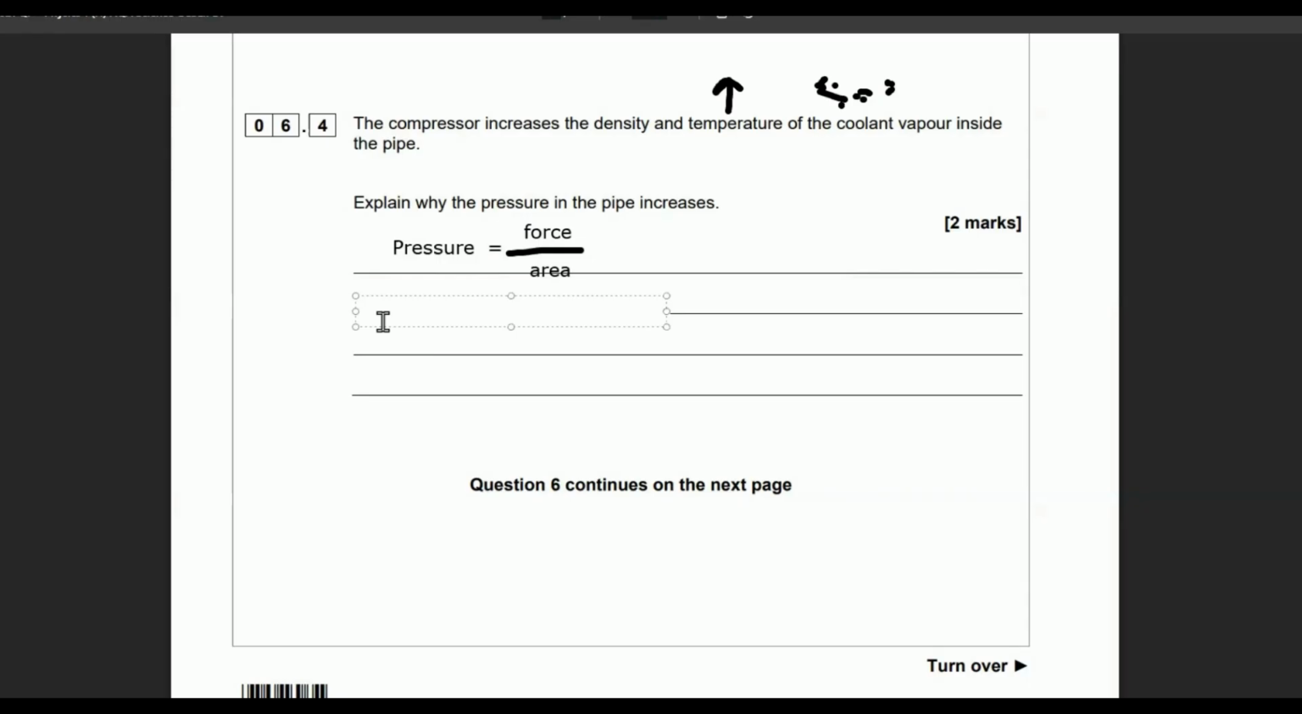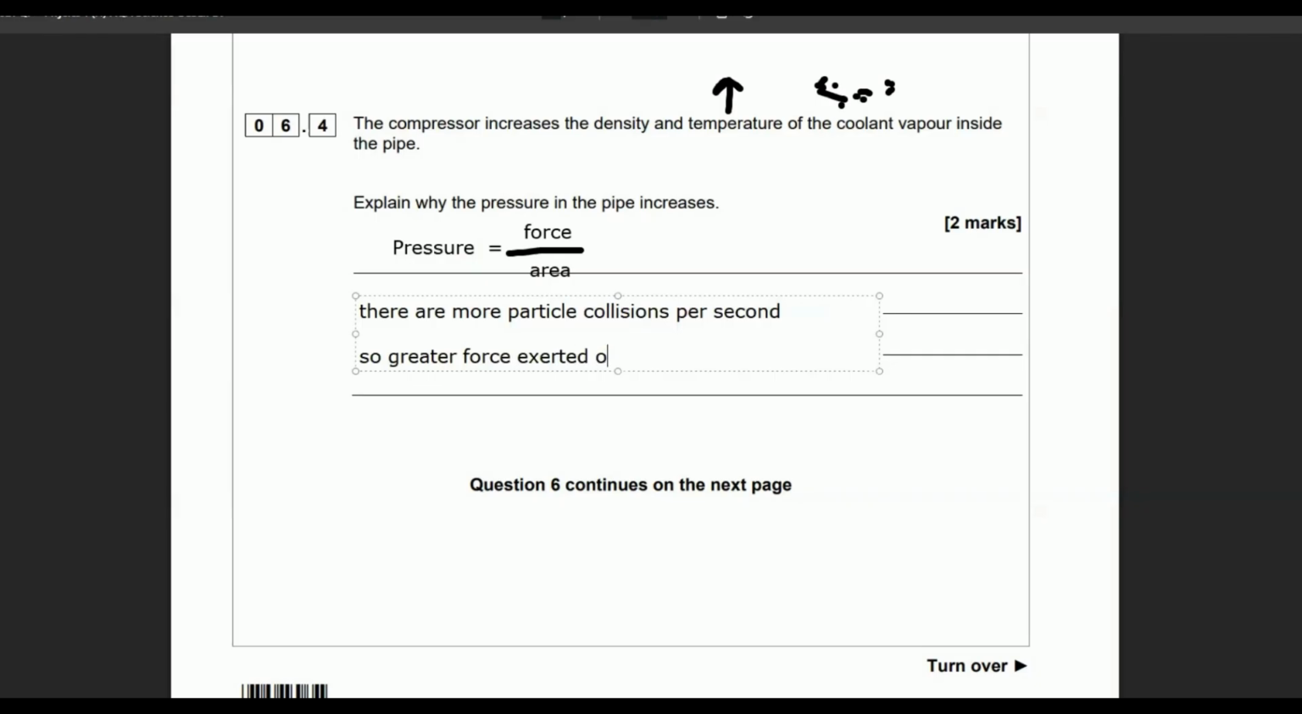So what we want to say here is there are more particle collisions, and I should really put more frequent, but I didn't. I missed the chance for that. So I'm going to say per second, which is the same as saying more frequent. I could have said more frequent particle collisions, but I've explained that by saying more particle collisions per second, same thing. So greater force